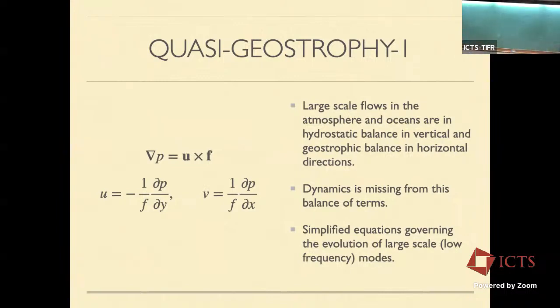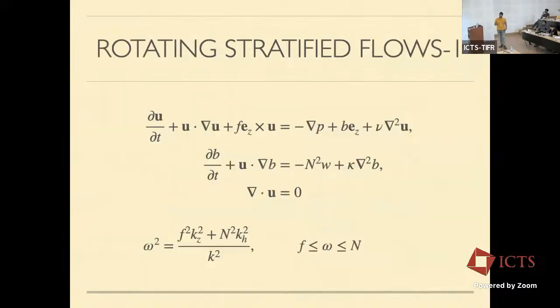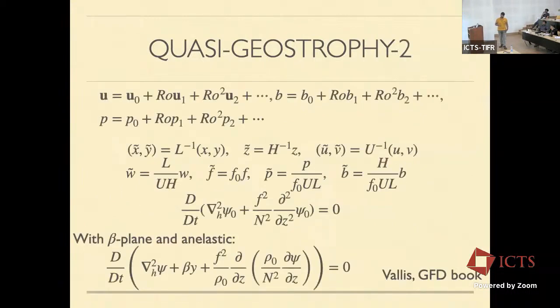So for that, one has to go to the next order in expansion, right? So you do an order by order expansion of this equation. So you write down a velocity field, the buoyancy term, and the pressure field in terms of an expansion in low Rossby number. The Rossby number gives us the estimate of how strong the effect of rotation is. So when you do a low Rossby expansion, you have to rescale these quantities, x, the thickness of the layer, and the typical velocities. One has to do a particular rescaling in order to write down the effective